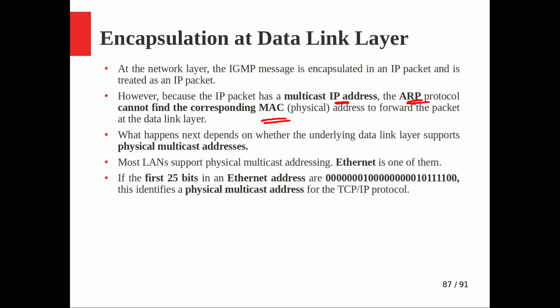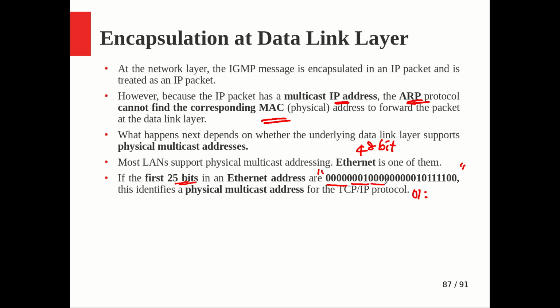If you look at the Ethernet address, we have a special physical multicast address, particularly for the TCP/IP protocol. The Ethernet address is a 48 bit address, and out of these 48 bits, the first 25 bits will be something like this. You can group it by 4 bits and interpret the equivalent hexadecimal for remembering. So 0000 will be 0, another 0001 will be 01, and 0101. This is how we represent the MAC address, right? We group 8 bits at a time, and 6 such parts will come.